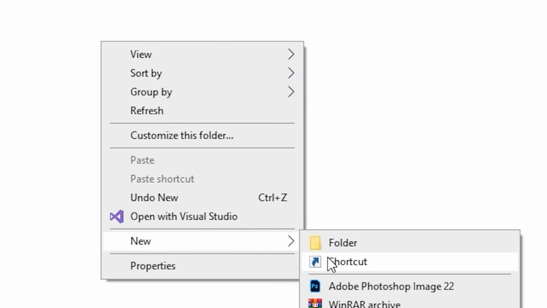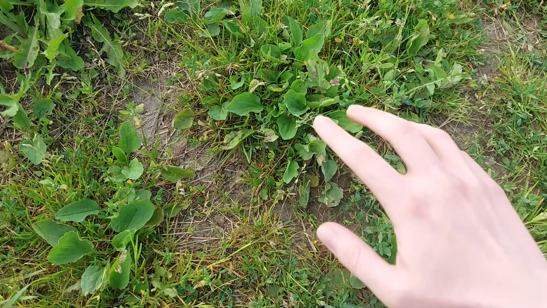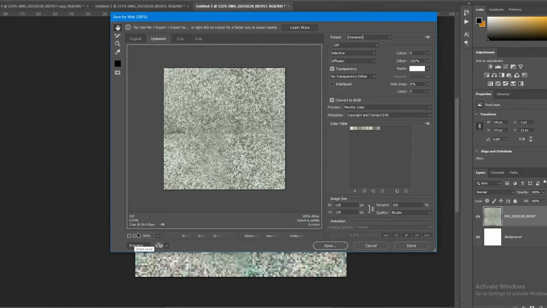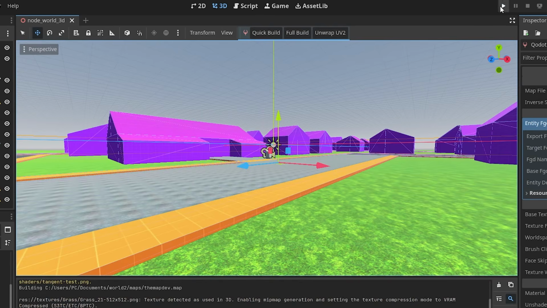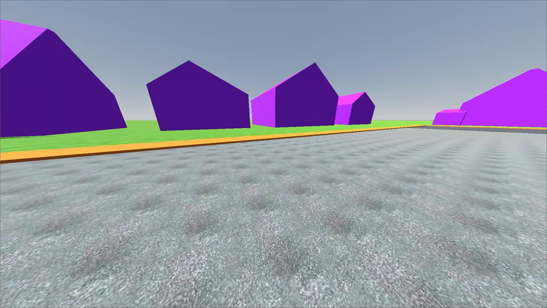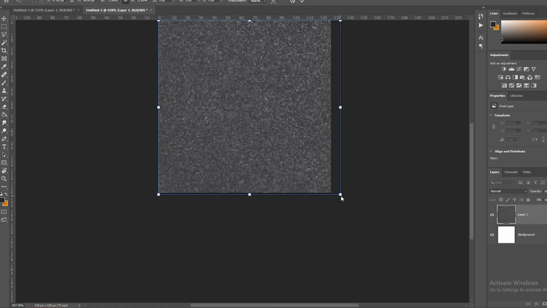I figured I should add some textures. So I went outside, if you can believe that, and took pictures of grass and concrete. Of course, I didn't touch any of that filthy grass. I brought the images into Photoshop, made the textures tileable, and put them in the game. And it kind of looked like dog shit. So I just grabbed some textures from Google, pixelated them, and tiled them instead.